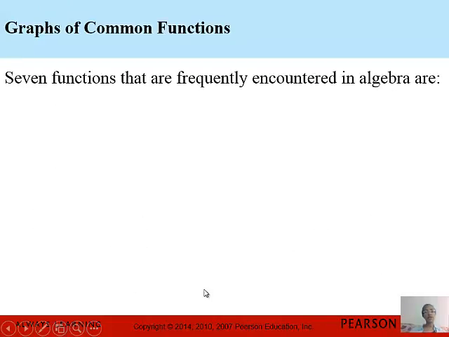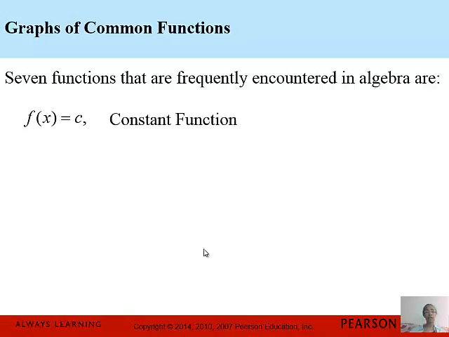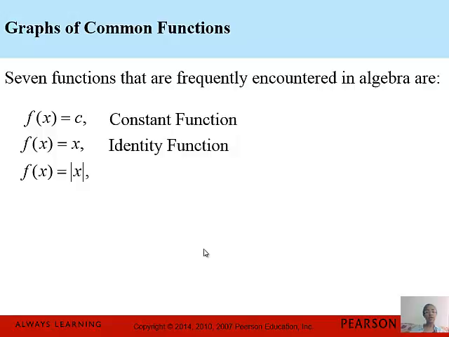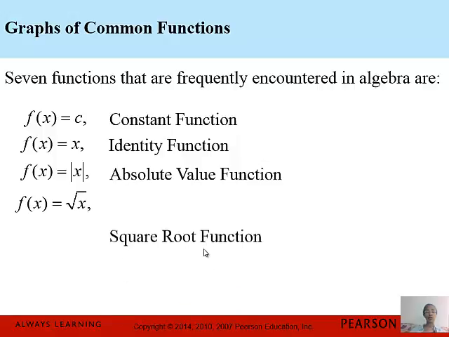Graphs of common functions. It turns out that there are 7 functions that are frequently encountered in this course, and those functions are f of x equals c, known as the constant function, f of x equals x, known as the identity function, f of x equals absolute value of x, the absolute value function, f of x equals square root of x,